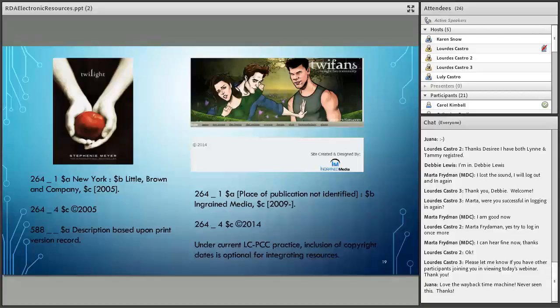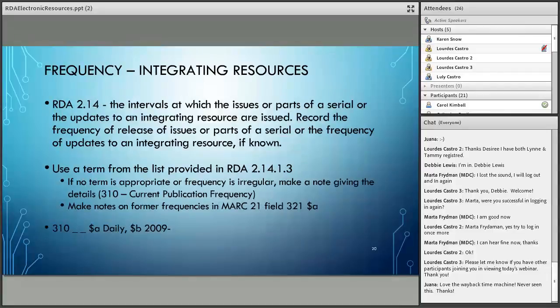And once again, the copyright information, I always like to include it in there because I'm always fond of including more information rather than less information that could be potentially helpful for your users. But like I mentioned before, because Library of Congress and the PCC are only putting in the copyright information if that's all that's on there, then you may not always see a record that contains copyright, even if it's on the item itself.